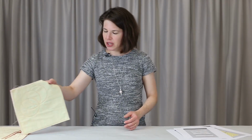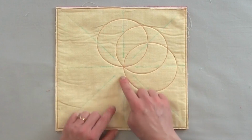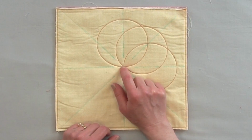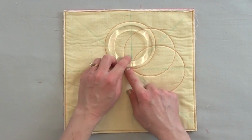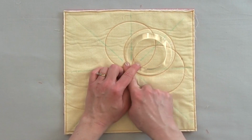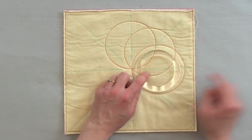Let me show you something else you can do with the circle. So if you used a circle and you made quadrant marks on your quilt top at 45-degree angles, and you brought up your thread in the middle and you brought a circle template over, you could go straight around the circle template and then move your circle template so that it's over on this line and go around the template again. And what you get when you keep going around